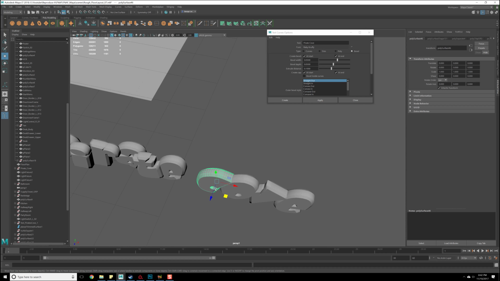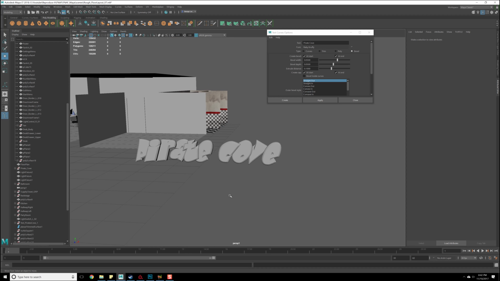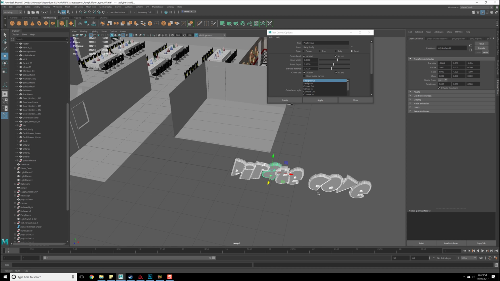Pirates Cove. Friendly location for you and your loved ones. Until they die. There we go. So there's Pirates Cove. I like that a lot. Now we will